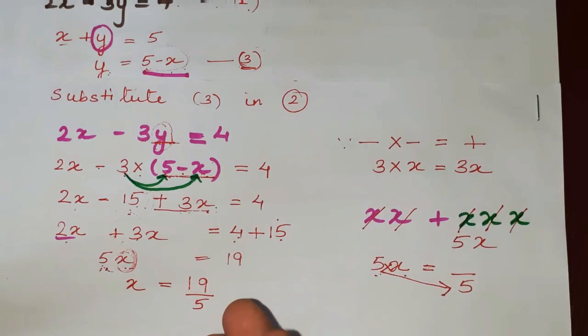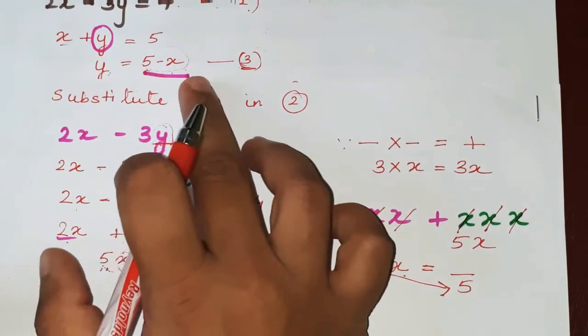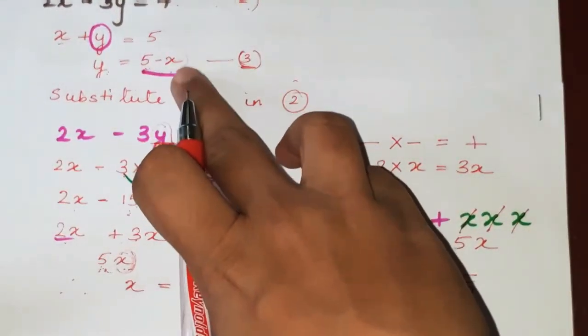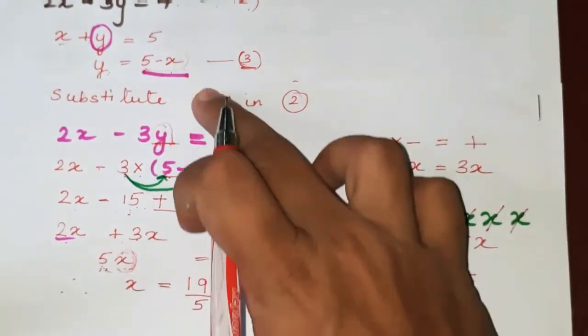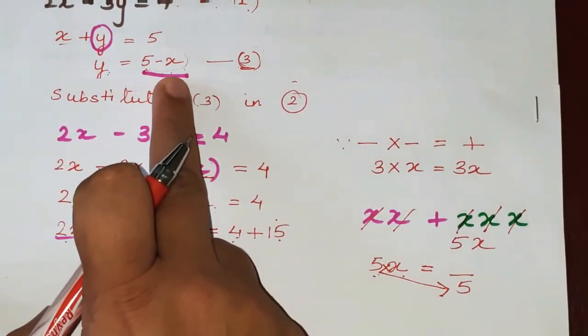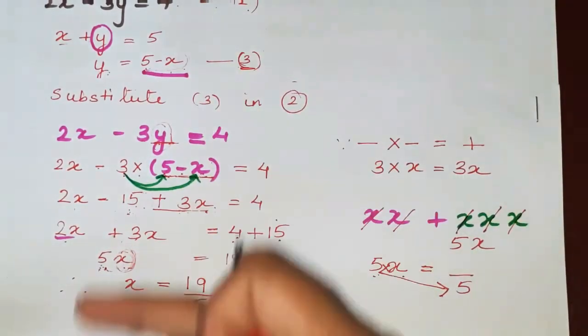And this is nothing but the value for x. Therefore, this is a value for x. Remember, this is not a value for y. This is a method that we use in order to find the value for x. So for substituting this, we are actually trying to find the value for x and then y. Since we get this x now, similarly we have to find the value for y. This is not the actual value; this is a value that we create in order to solve this sum.